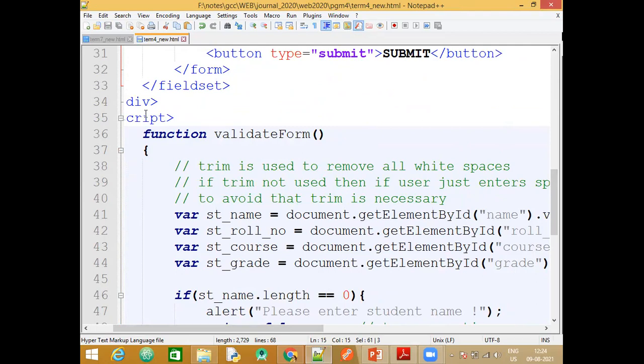So the script tag is opened here. It will close at the end. Now, function validateForm. Where is this validateForm function used first time? In the button, on the onsubmit event in the form there. Again, understand that how I have said it is case sensitive. F is capital here. Many times what students do is, when they're writing there, they remember it is capital, but when you come down to this JavaScript, you write everything in lowercase. Function names mismatch will happen. Function will never be called.